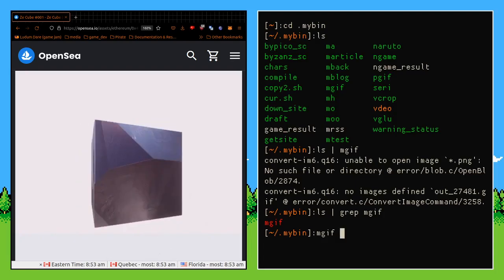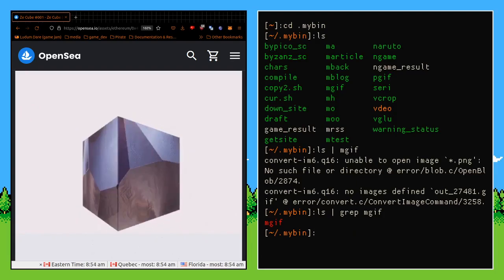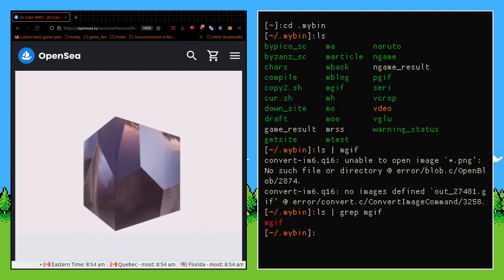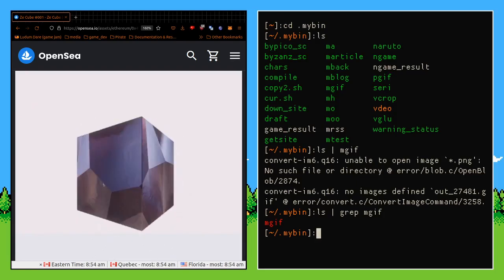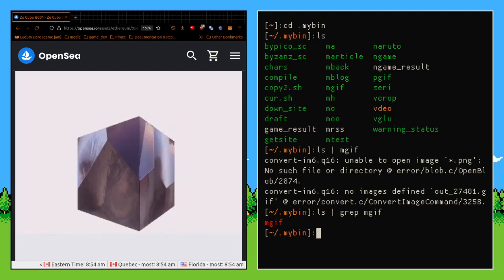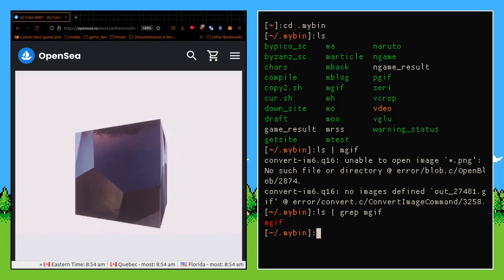So that's something that I can do on Linux that would be a pain in the ass on Windows and would require a specific software to convert. ImageMagick is not a specific software made to convert images to GIF. It can do a bunch of stuff and it is used inside of other software.